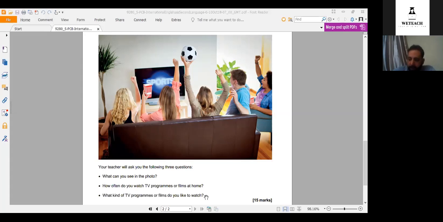But what happens if my time in the photo card does not exceed 2 minutes? In this case, the examiner will try to support me by giving 2 extra questions relating to the topic. I mean, relating to the photo. Why? Because as I mentioned before, the least time I should use for the photo card is 3 minutes. Less than 3 minutes will affect my grades negatively. Okay, now I'm done with the 3 minutes.